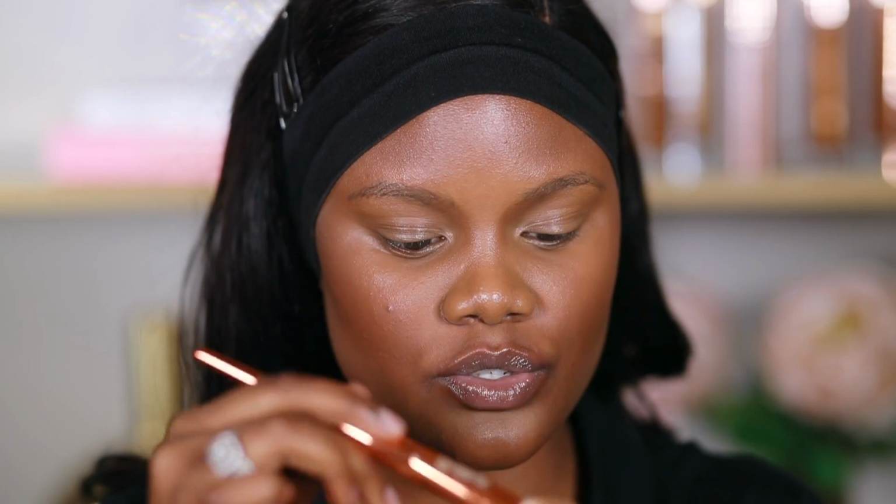All right, so for setting powder, I'm using the Laura Mercier Translucent Loose Setting Powder. I love this setting powder for a natural makeup look. It's like my favorite. Very lightweight, very light on my skin because it's a translucent powder. So I'm just gonna place a little bit on the cap and I'm gonna use a brush to apply